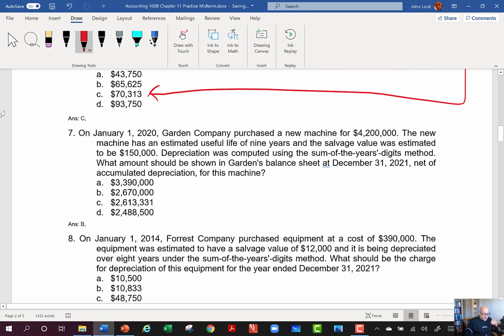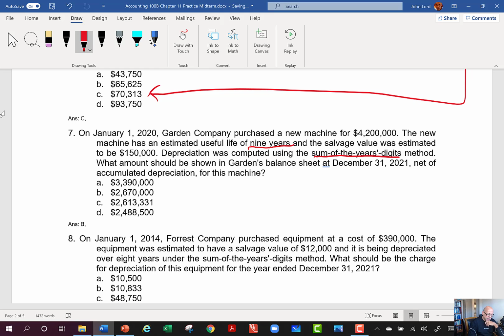Now this next one is going to be sum of years digits. I'm just going to tell you that right off the top. And the life here is 9 years, okay? I'm going to stay away from long lives like this on your exam. I will not have lives in excess of 5 years because I don't really care for testing you to say 1 plus 2 plus 3 plus 4 plus 5 plus 6 plus 7 plus 8 plus 9 equals,